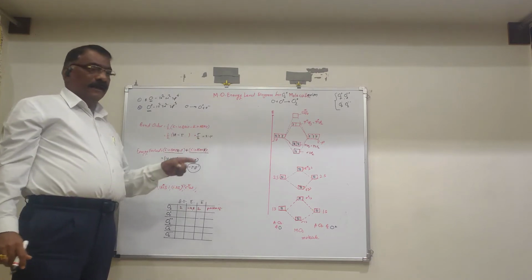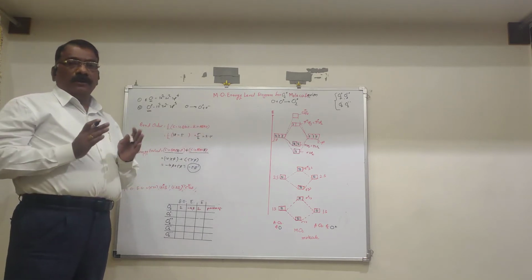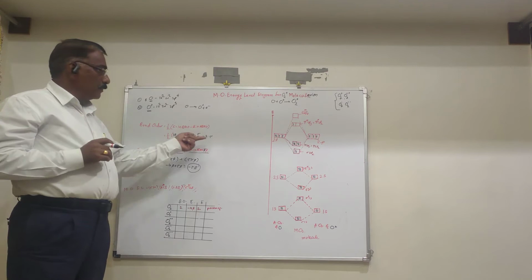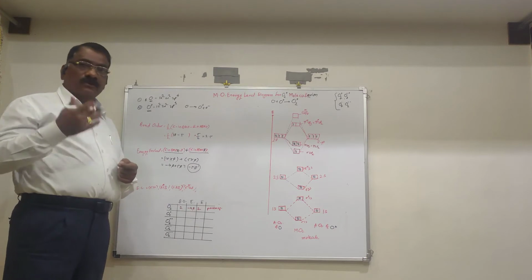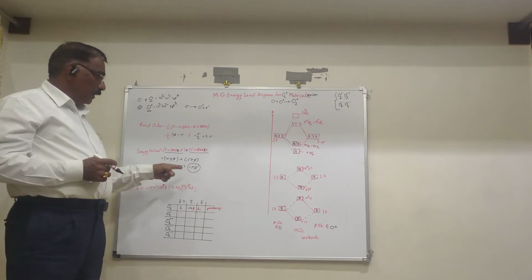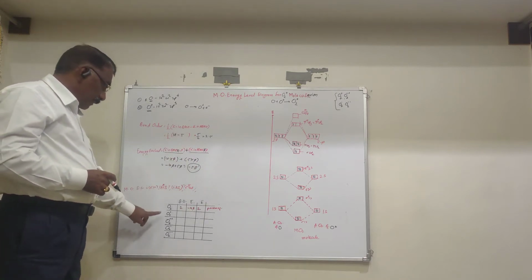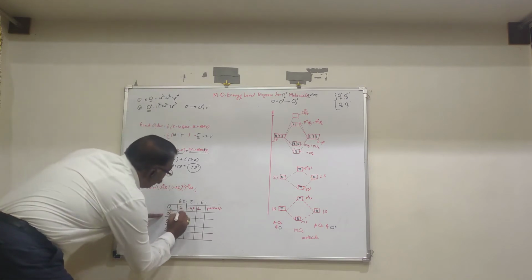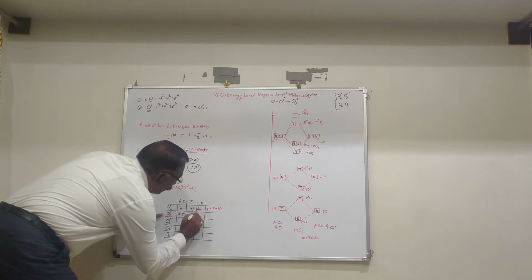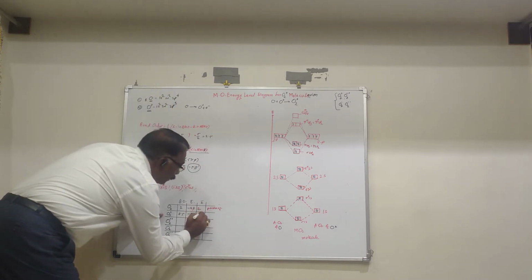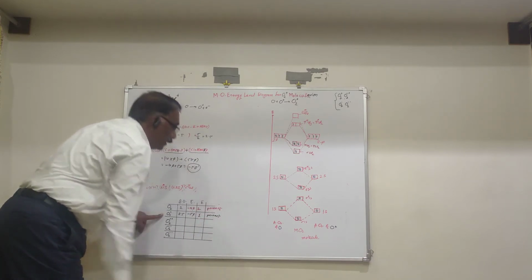This bond order indicates that the bond order is between 2 and 3. It is a stronger bond than oxygen. The energy evolved is also greater than oxygen: oxygen has minus 4 beta, but this has minus 5 beta, so it is stronger. So this O2 plus has bond order 2.5, its energy evolved is minus 5 beta, and it has only 1 unpaired electron, so it is also paramagnetic.